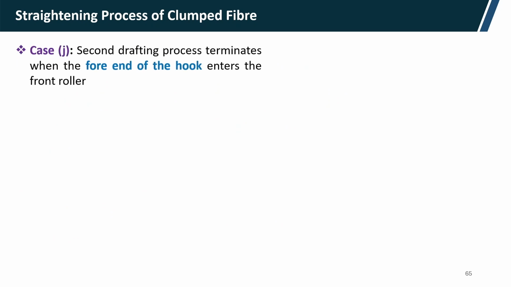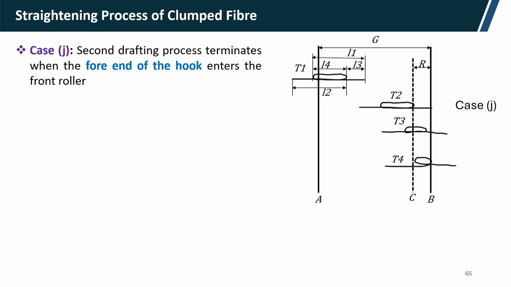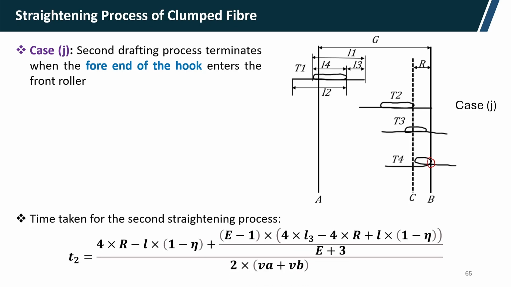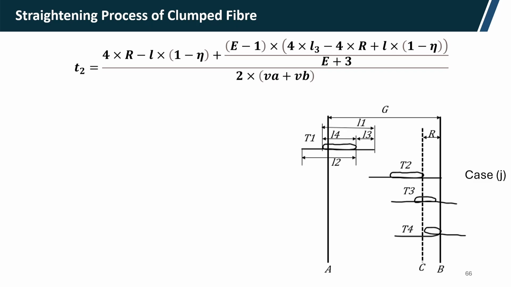Case J: the second drafting process terminates when the leading end of the hook enters the front roller. So, here you can see when the leading end enters here, that means the second drafting process will terminate. So, it will take the hook portion along with the leading portion. Time taken for the second straightening process is given by this complex relationship that we have already seen earlier. So, this type of relationship can be derived,